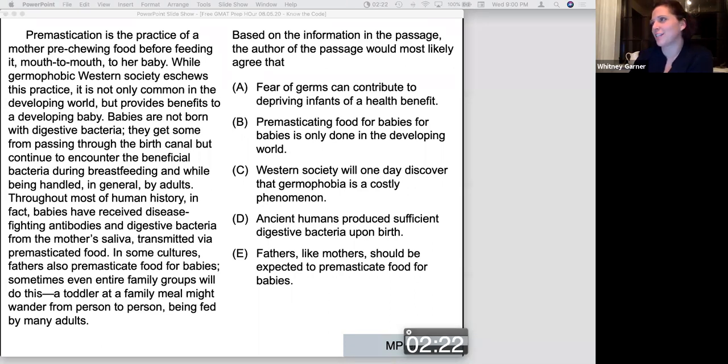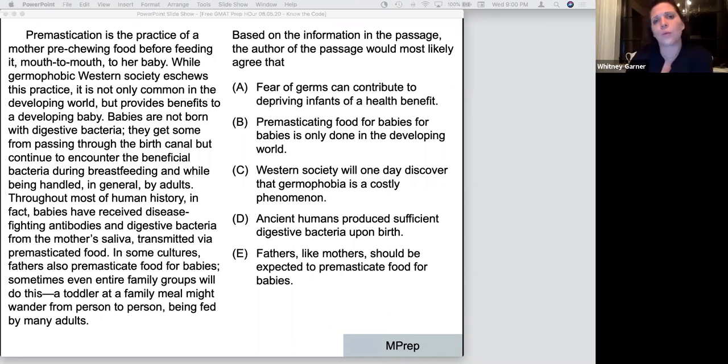All right, answers are coming in. So we have a passage about pre-mastication, which maybe isn't the most appetizing topic. Hopefully you didn't just have dinner. But the idea here is that maybe you do this problem and you get it wrong. The correct answer is actually A. Maybe you get it wrong